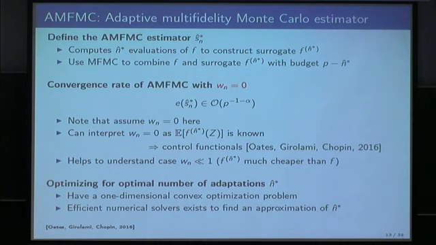Okay, now what else can we say about n hat star? I don't have an analytic solution to it, but we have shown that this optimization problem is one-dimensional and it is convex. So it is relatively easy to find the numerical solution to this n hat star, but we do not have the analytic solution to this. And this is also what we will use in the following. We use a numerical solver, here fmincon, to solve the corresponding optimization problem. Again, it's 1D and it's convex.